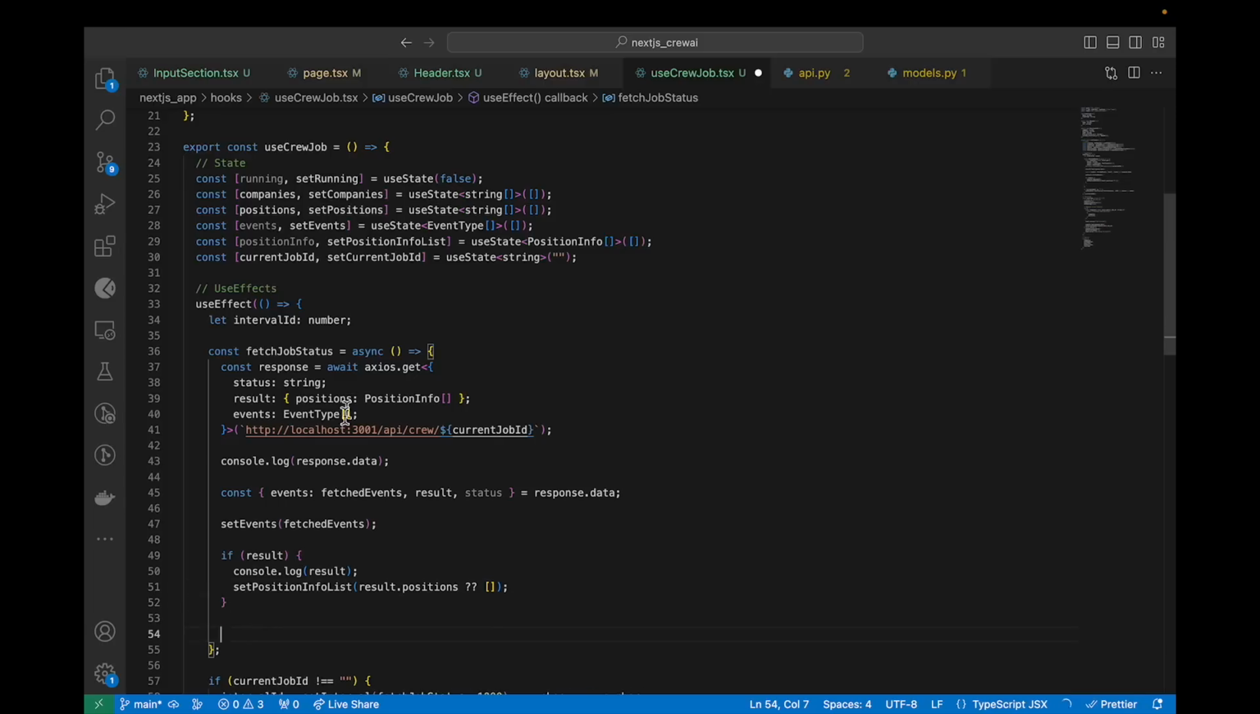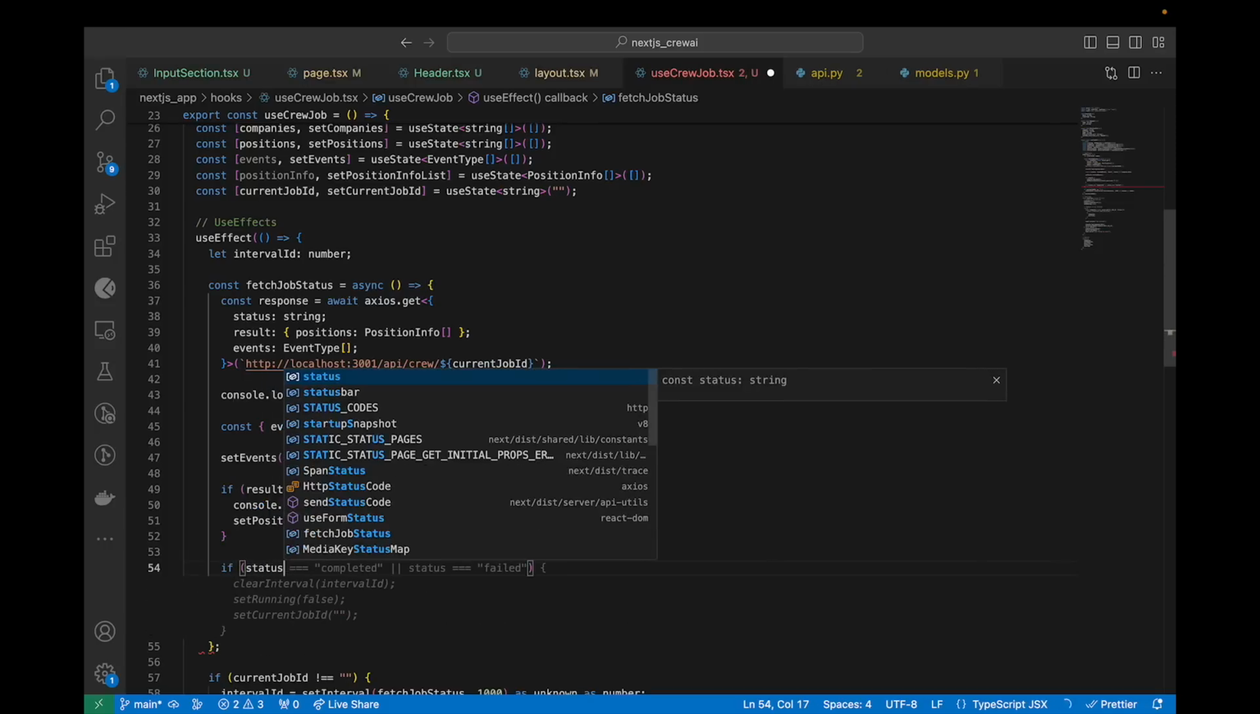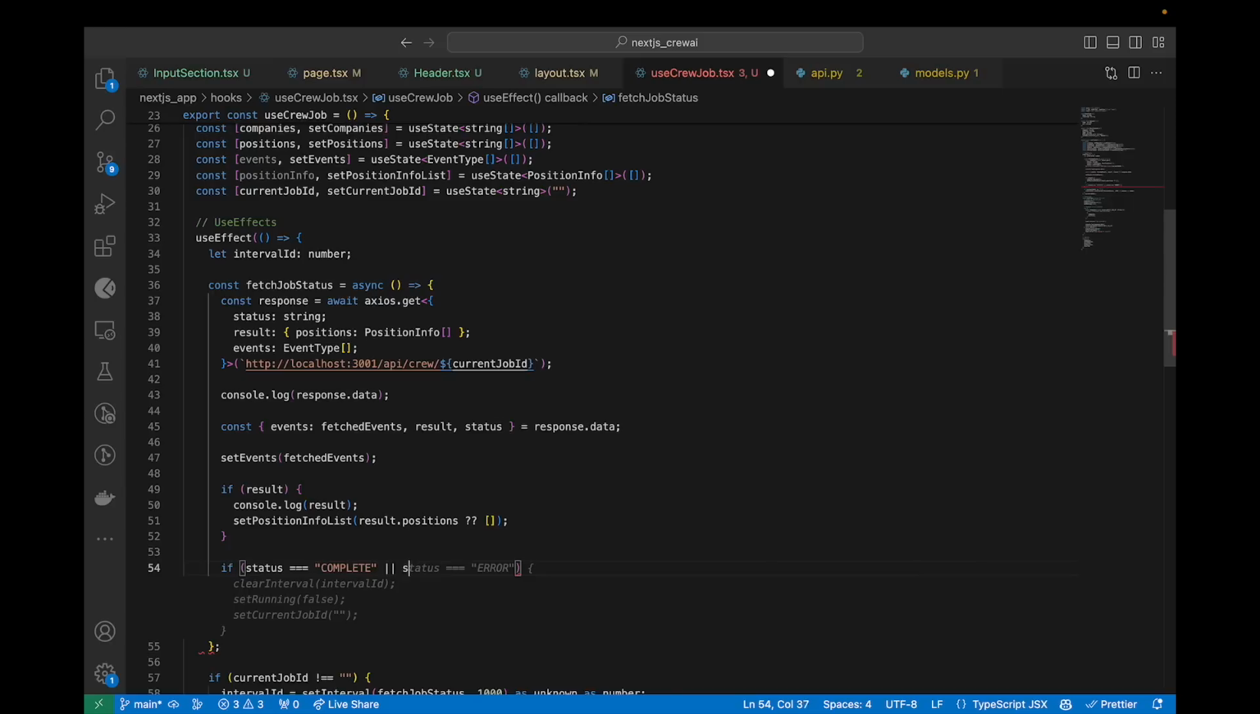Okay, now let's keep chugging along. If you remember earlier, I said we want to continually fetch the backend jobs until we run into one of two states, either complete or error. And at that point, we know the job is done and we can stop pinging the backend. So here's what we're going to do. We're going to say if the status is equal to complete, all caps, or the status is equal to error,